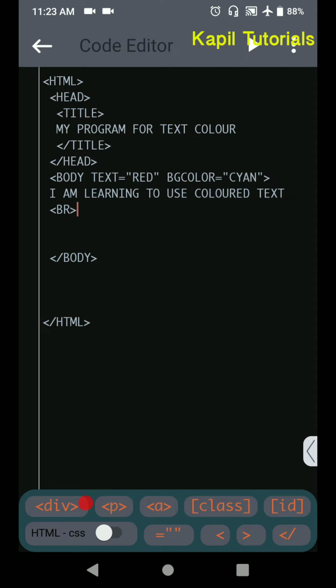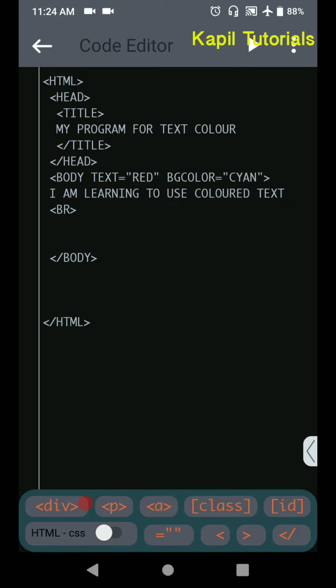Now why am I using br? Whenever I write some text after the body tag, it comes in a single line. Suppose I want to go to the next line, then for going to the next line I have to use the br tag, that means break. I hope it is clear. One br means one enter key, pressing the enter key one time.